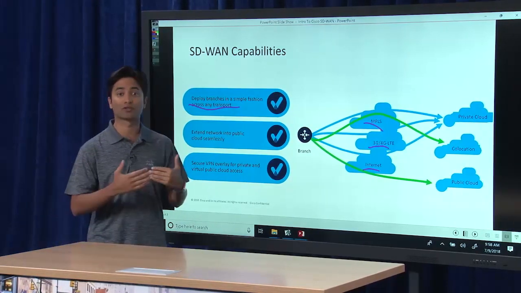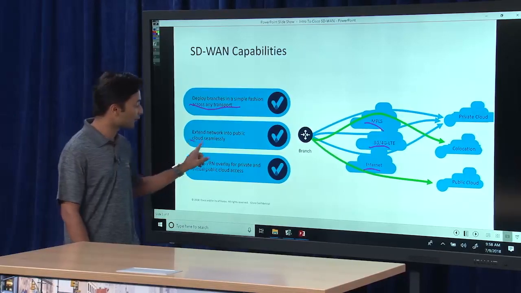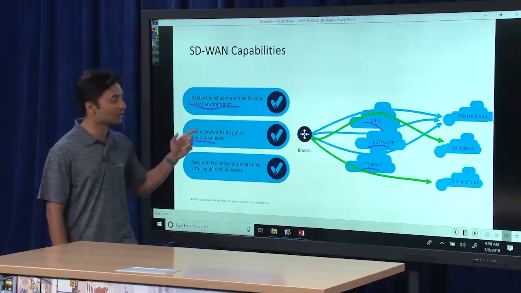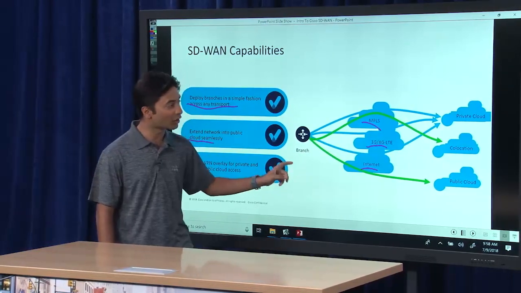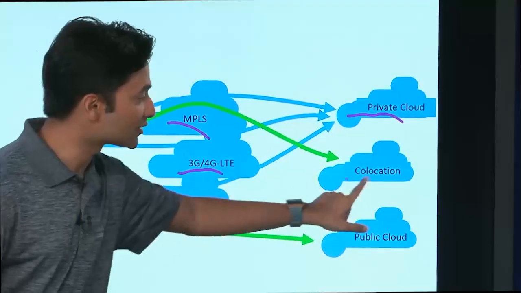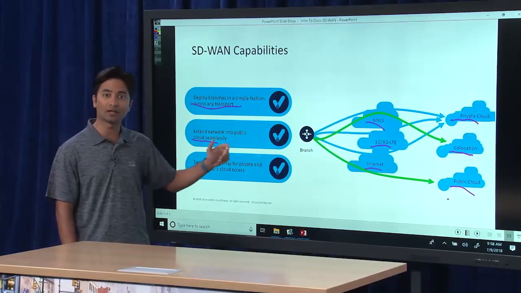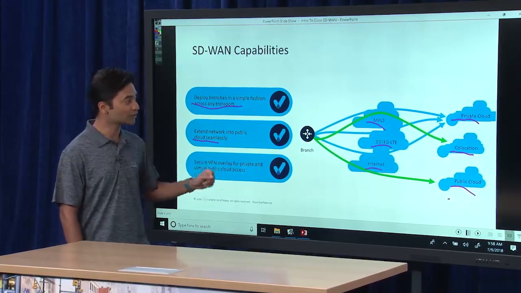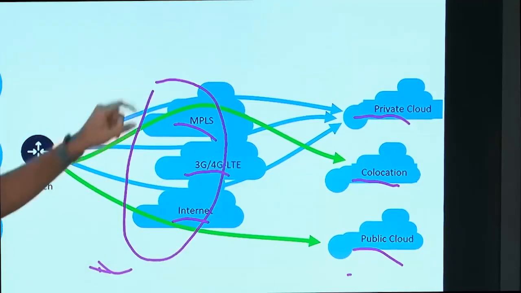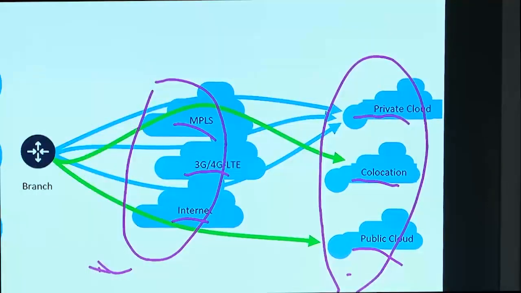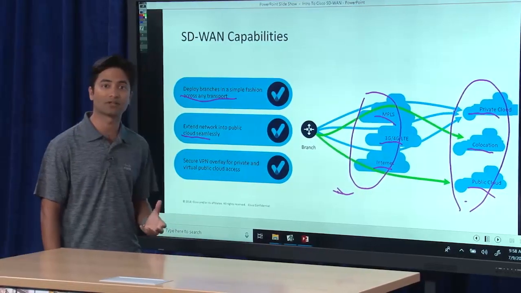Now, one of the things that we also want to focus on is the fact that the way applications are consumed is changing. So we want our network to be able to extend into any different types of endpoints. That is, I might have public cloud infrastructure, private cloud infrastructure, data centers, colos. I should be able to leverage any of those endpoints as well, so that the transports I use to connect my network allow me to connect into any type of infrastructure to deliver the quality of experience I want for my applications.